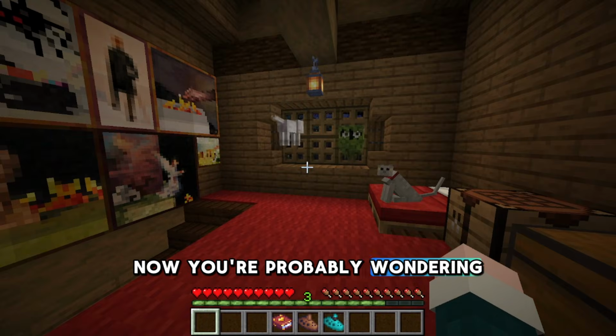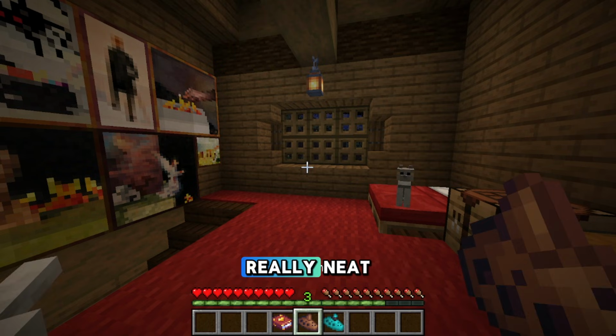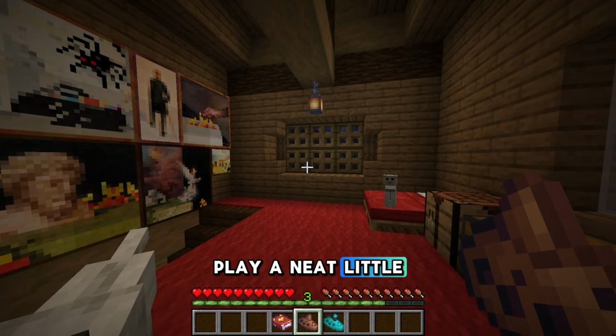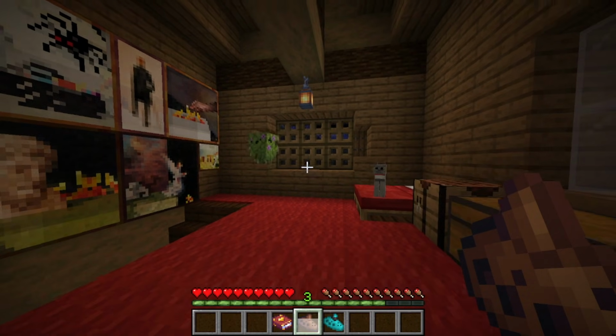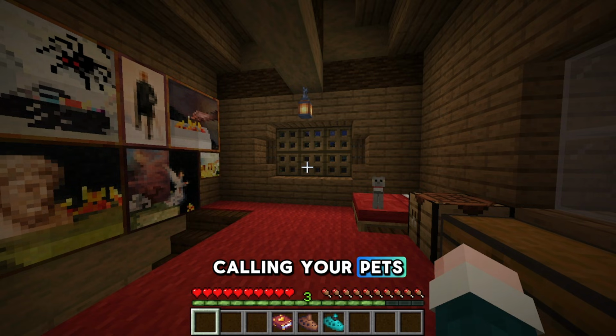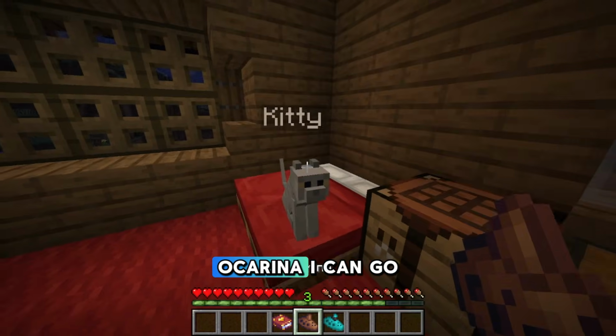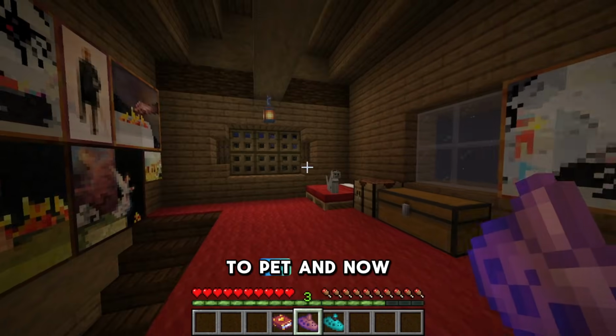Now you're probably wondering what the ocarinas do. The ocarinas are really, really neat. By themselves, they just play a neat little tune, or you can shift right click alternatively. These are just an additional tool for calling your pets and sending them back home. If I take the ocarina, I can go to Kitty and shift right click. It says ocarina bound to pet. And now if I right click,